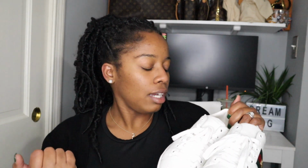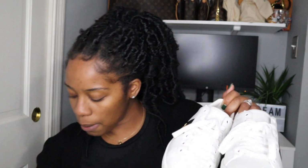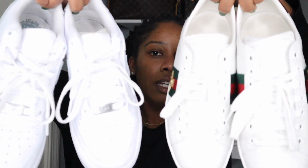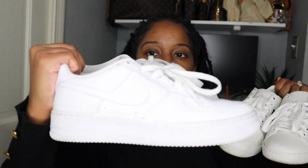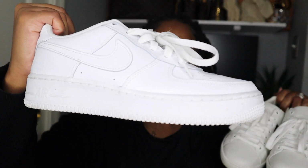If you have them and you've put them away, pull them back out, because I know I have the all white Air Forces, but the feel of them is different. If I put them side by side, they're both sneakers, yeah, but you see how the feel of them is different. This is more of a chunky sneaker vibe kind of thing,